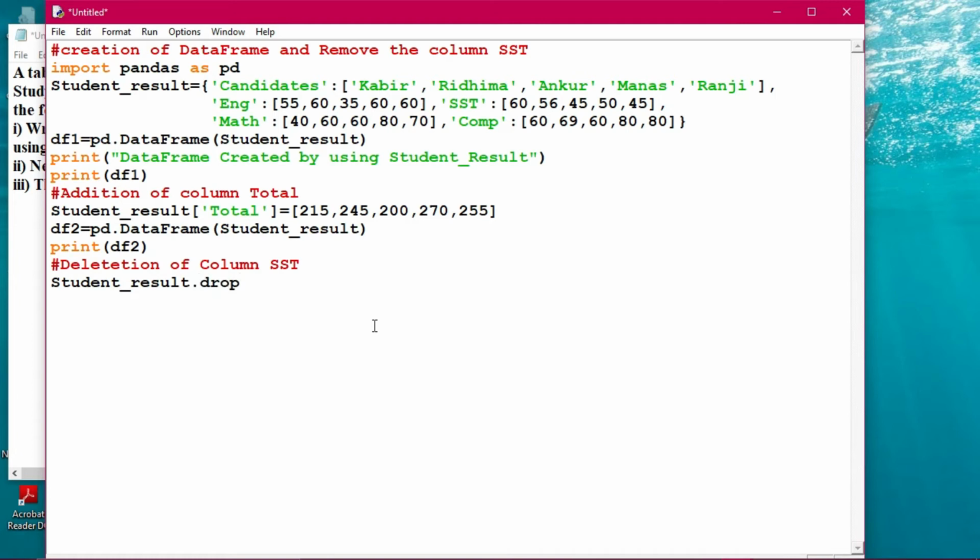Then I have to give the name of the column, SST, and close the bracket. Put a comma here to follow the syntax. First the column name, then axis equals 1, which is meant for column. Then comma, and you have to give inplace. Don't forget to give this. True, and true has to be written as I have written; it will always appear in purple color.